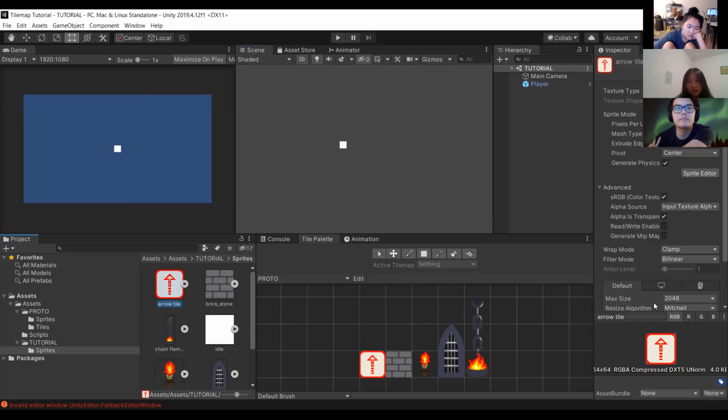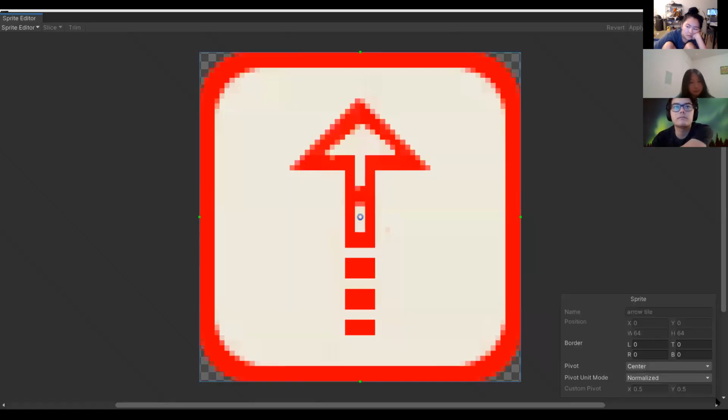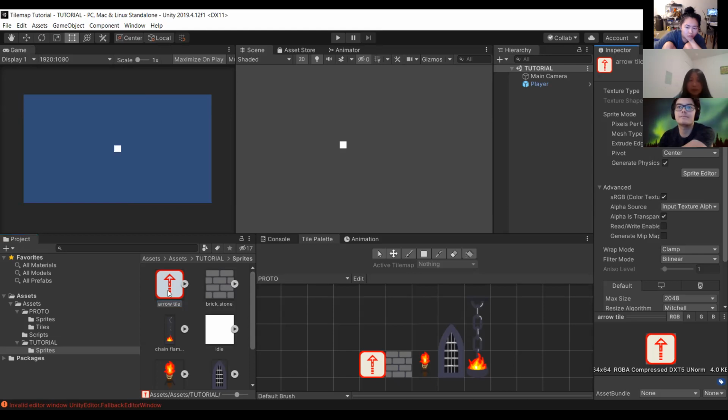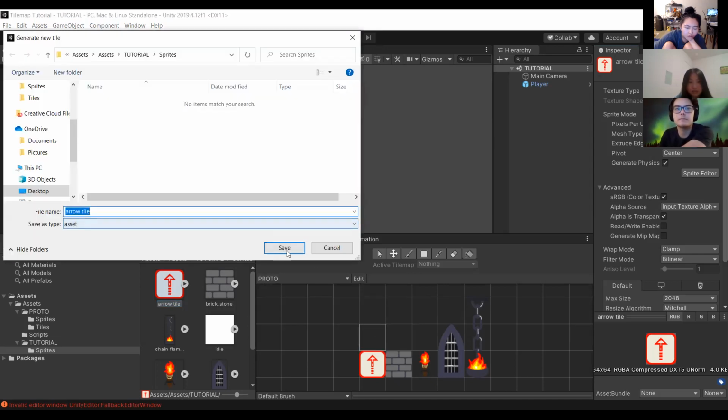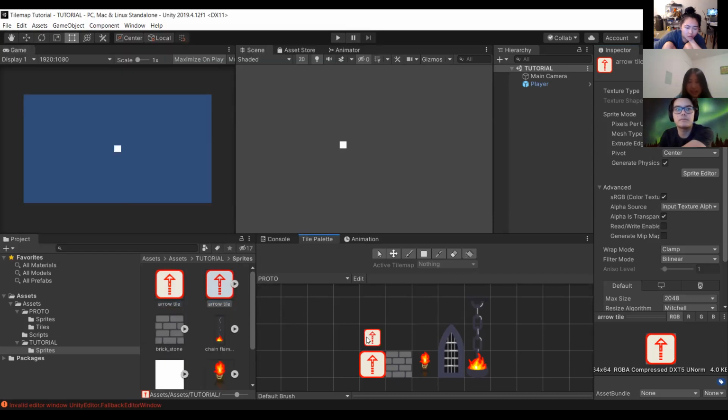However, if you open up the sprite editor, you'll see that the width is 64 pixels and the height is 64 pixels. So if the width and height is 64 pixels, but then we want it to fit to 100 pixels per unit, it's going to create some weird sizing issues. For example, if I drag this in here, it should look kind of tiny, even though it's 64 by 64 pixels and theoretically should fit within this thing. And that's not what we want.